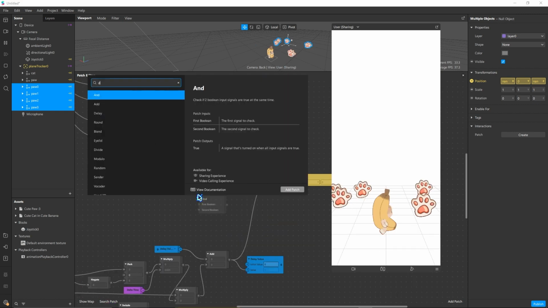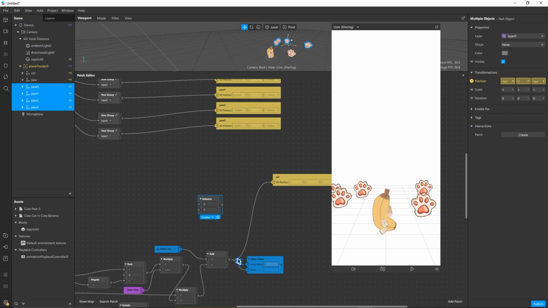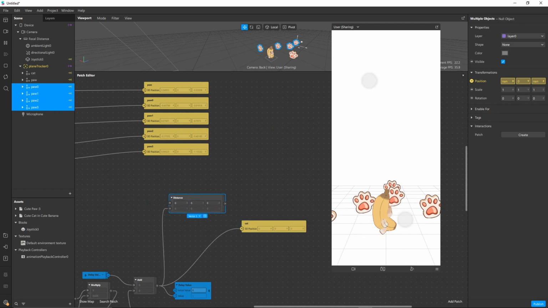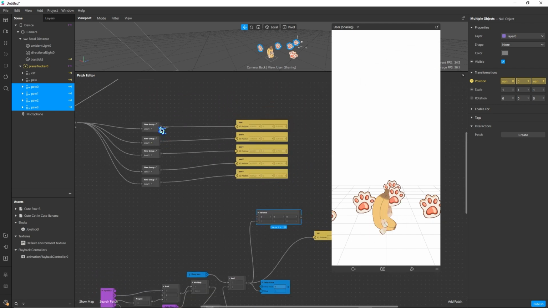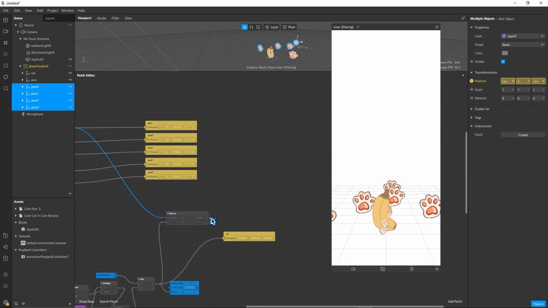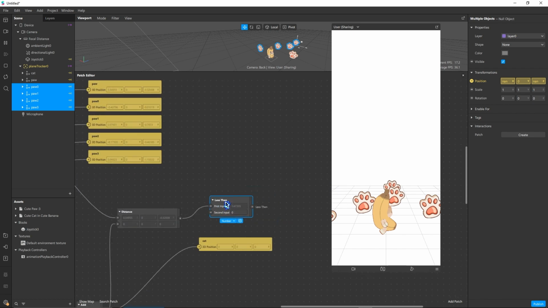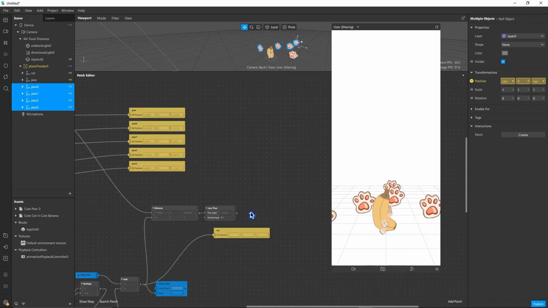So I right click and add distance, and we have this patch here. We have the same problem with the 3. Click on number, and let's make it vector 3. So the distance between the cute cat and let's say the paw 1 is less than 0, no, less than 0.1. So we'll add a less than, and 0.1, and if that is less than 0.1, we need a switch